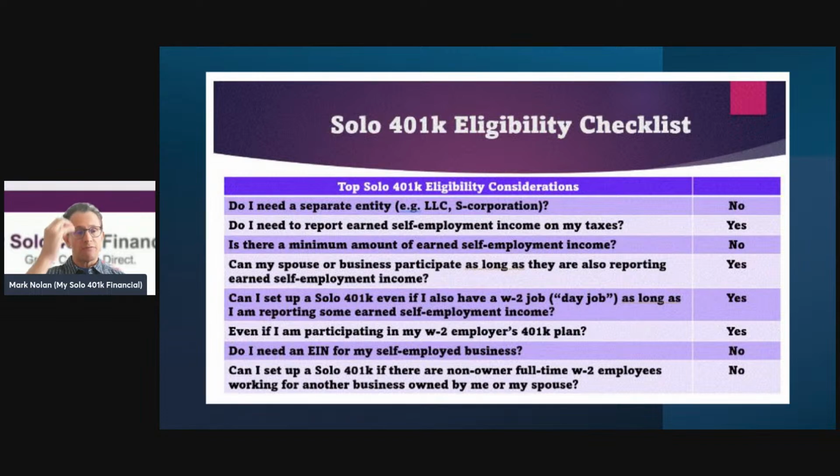The self-directed 401k requires its own separate employer identification number, so EIN. You cannot use the business EIN or your social security number. That EIN specific to the self-directed 401k is going to be used when opening up the bank and/or